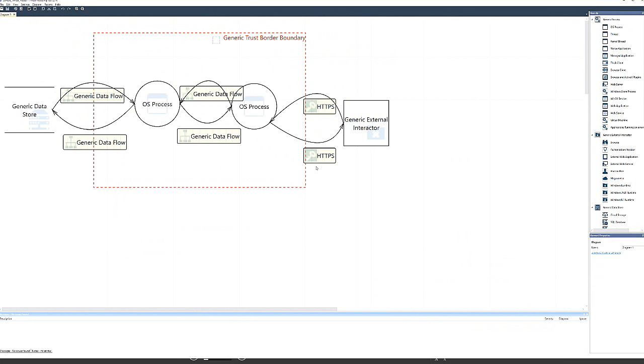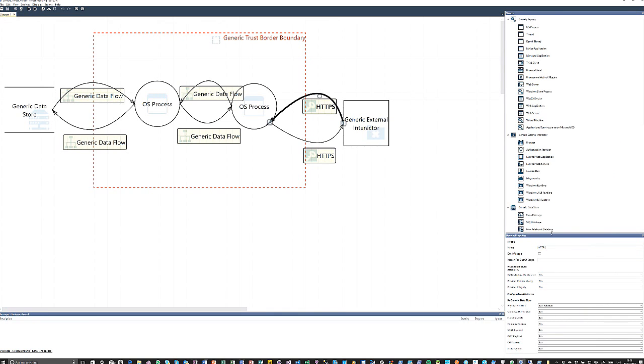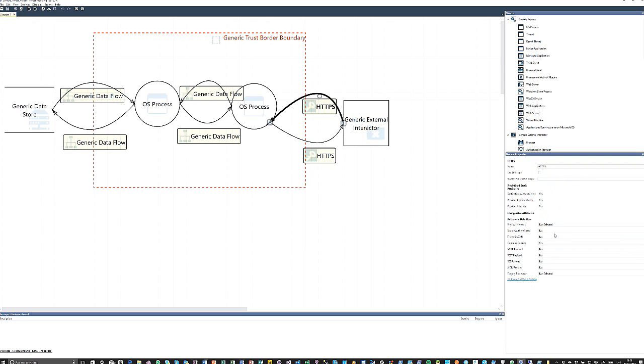What it does, it generates some generic application with all the connections, where it's HTTPS. And on all the properties, you can take a deeper look at what's happening there. You can set, well, what do you want to do? Is it secure? Is the source authenticated? What does it transmit? Is it pure JSON REST and all of that? And in the end, if you're done modeling and you have all the different pieces of your application, you just generate a report, and that way you can see what is prone and what you need to take into account.